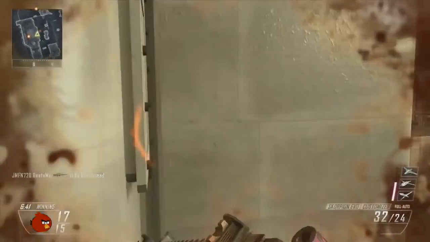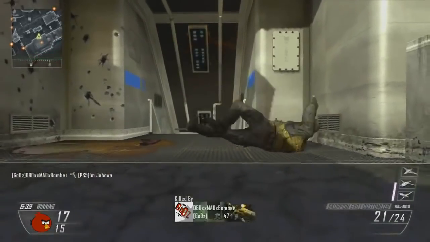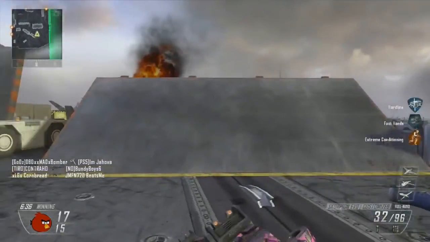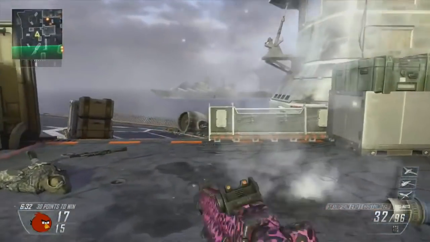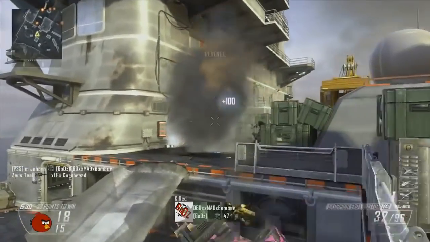I think that'd be really, really cool to see. But I don't know. Let me know what you guys think. If there was a boat on the side of Blackout, a big boat. Now, you got to think Hijacked or Carrier, the maps. If they incorporated those into the game...